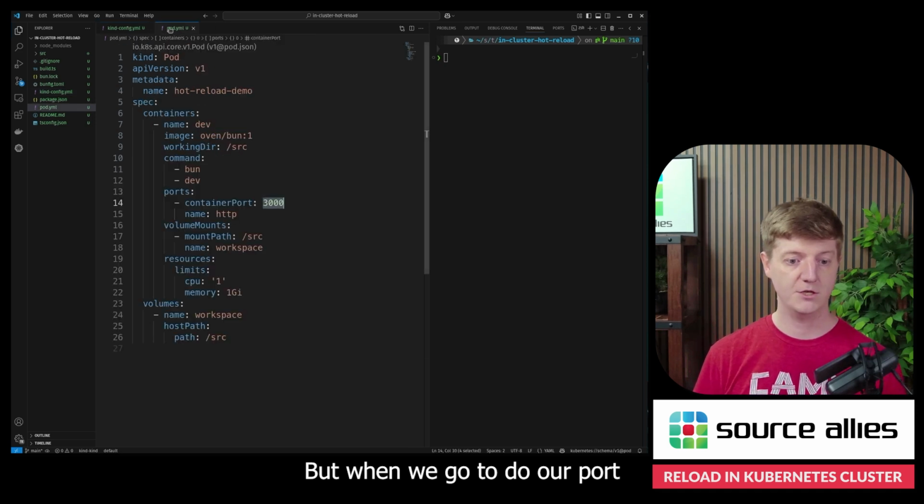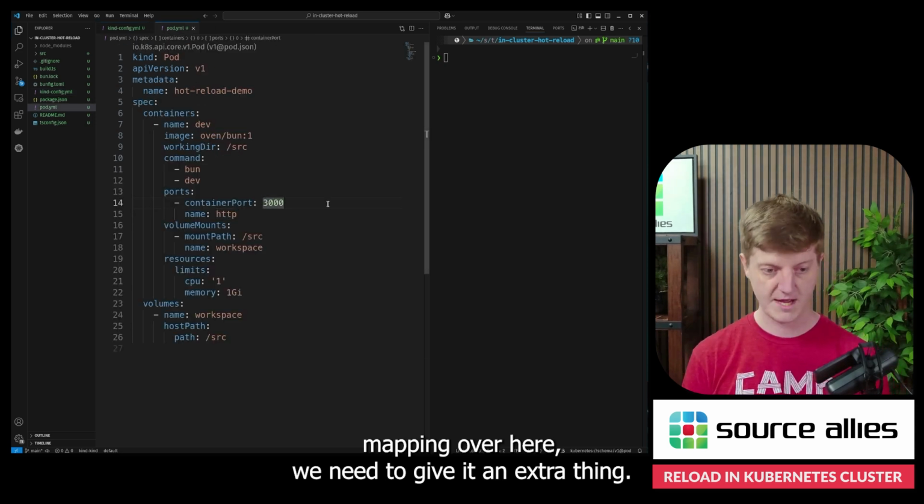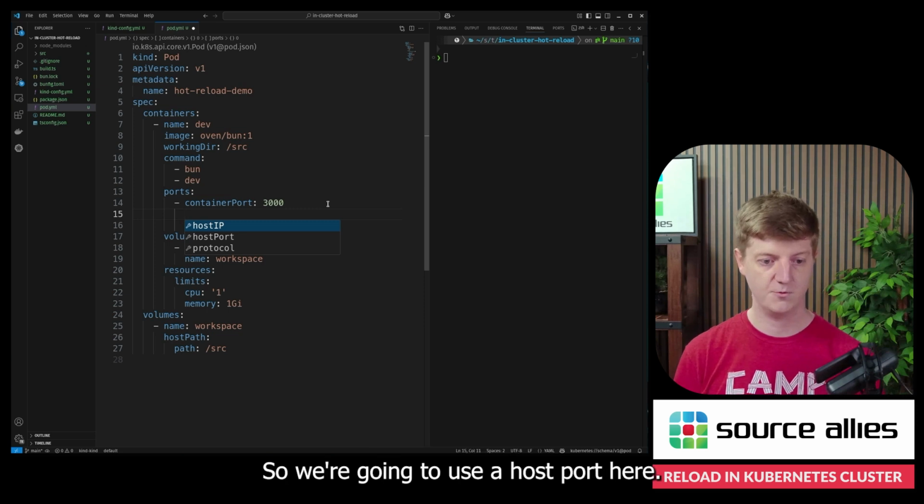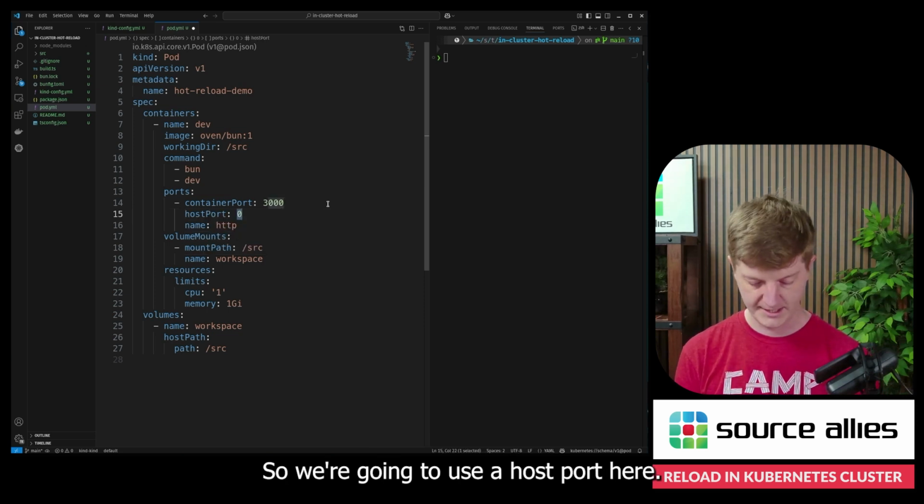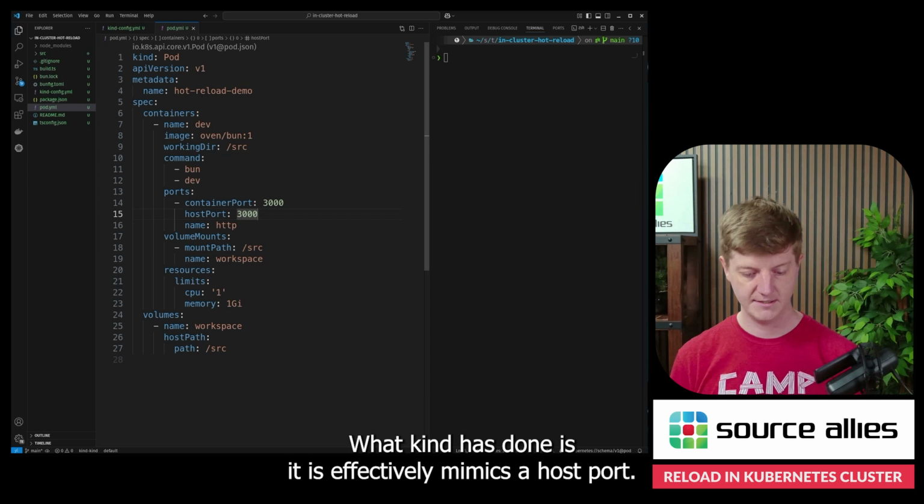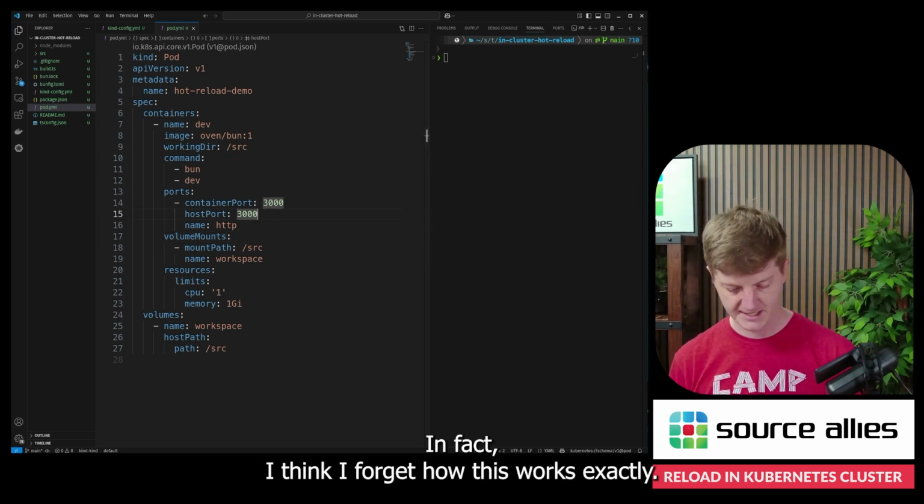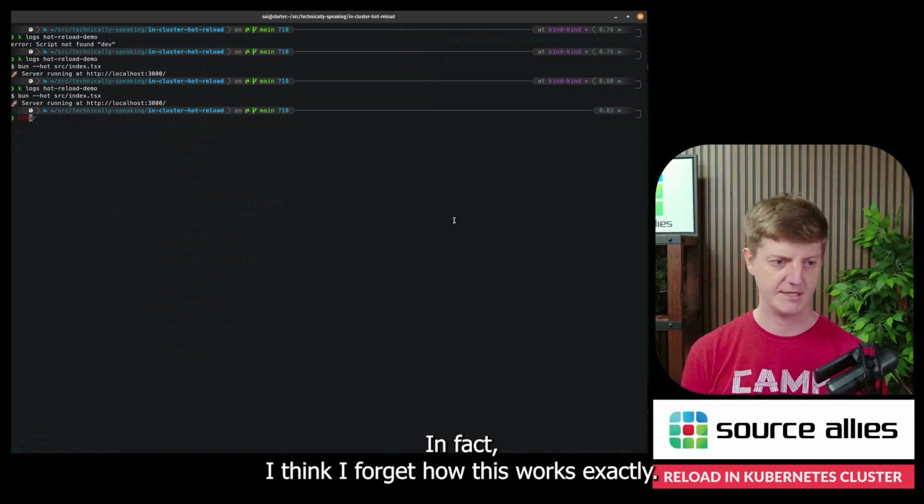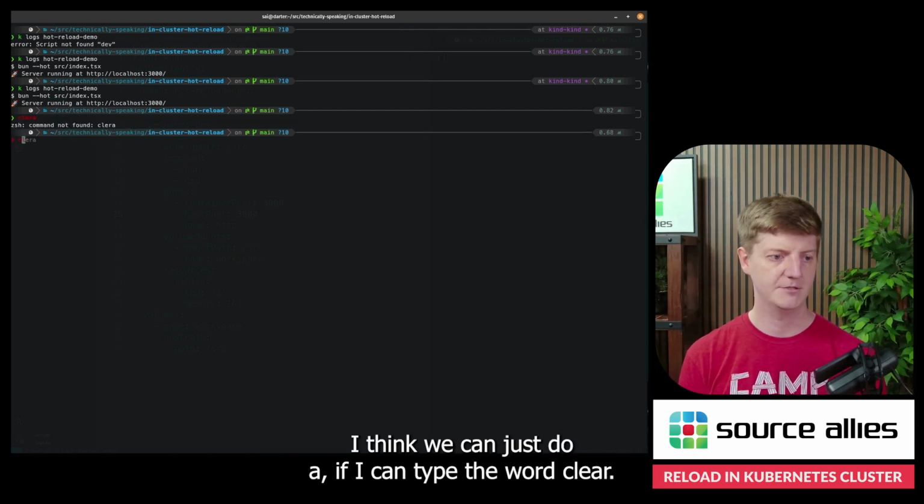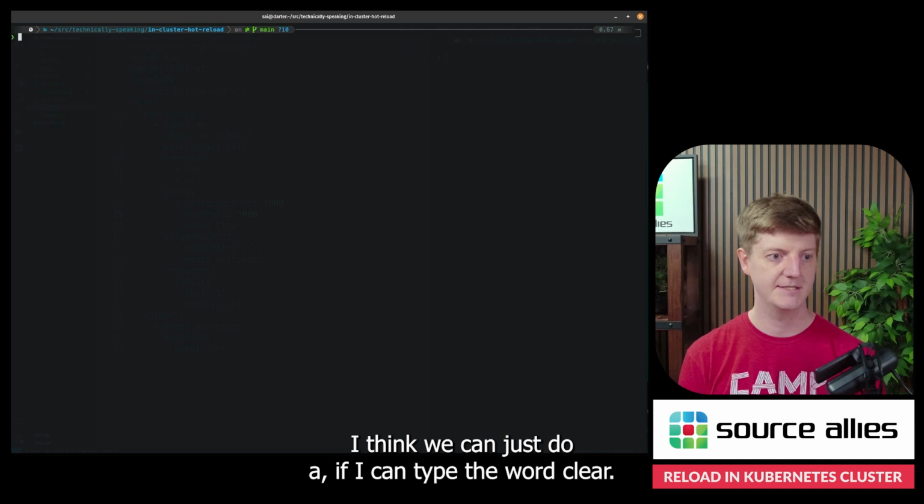But when we go to do our port mapping over here, we need to give it an extra thing. So we're going to use a host port here. What kind has done is it has effectively mimicked a host port. In fact, I think, I forget how this works exactly, but I think we can just do a, if I can type the word clear,